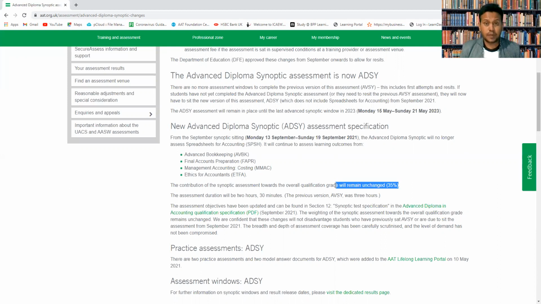And the synoptic exam will follow the normal standard procedure, the way we did before, only the spreadsheet will not be there. So you don't have to download or upload anything. The way you do your synoptic for level 4 is exactly the way you will now do it for level 3. And if you are already studying AAT, this will be for you. Even if you did the synoptic before with the old method and couldn't pass, you can still do it up to now, before September, but from September you will not be able to.